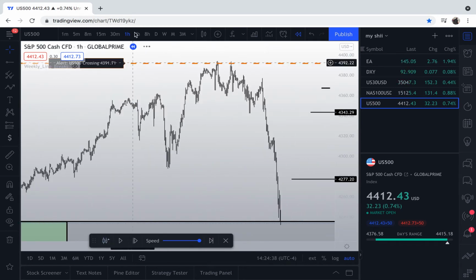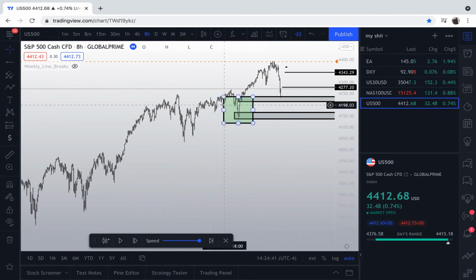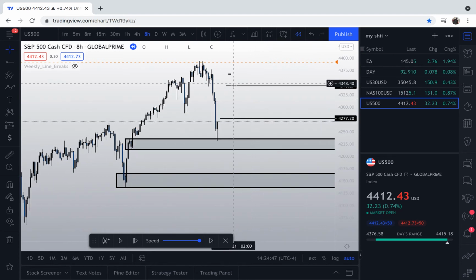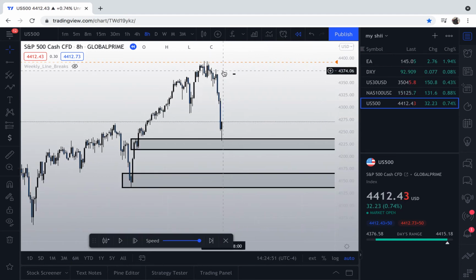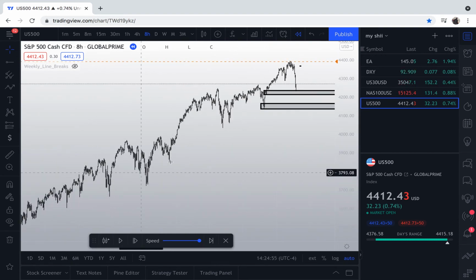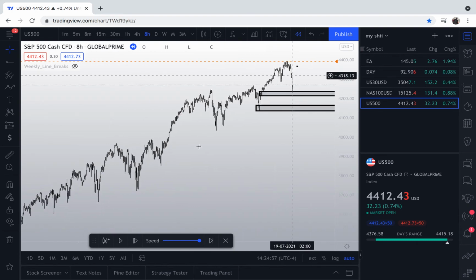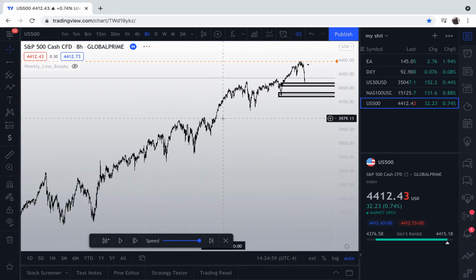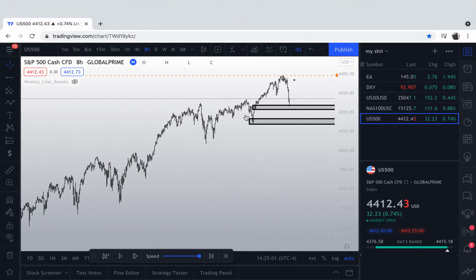So as you can see on a bigger time frame, we are overall bullish. As we can see here, there's no question that we're overall bullish on a bigger time frame here. However,